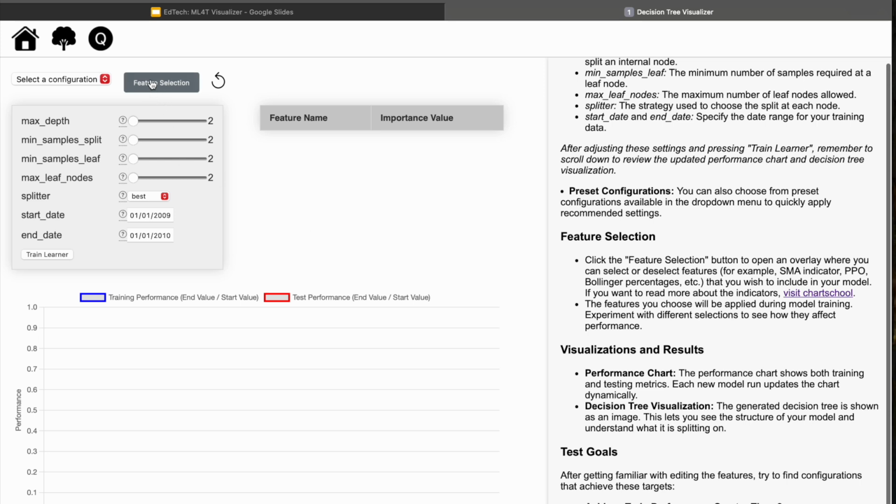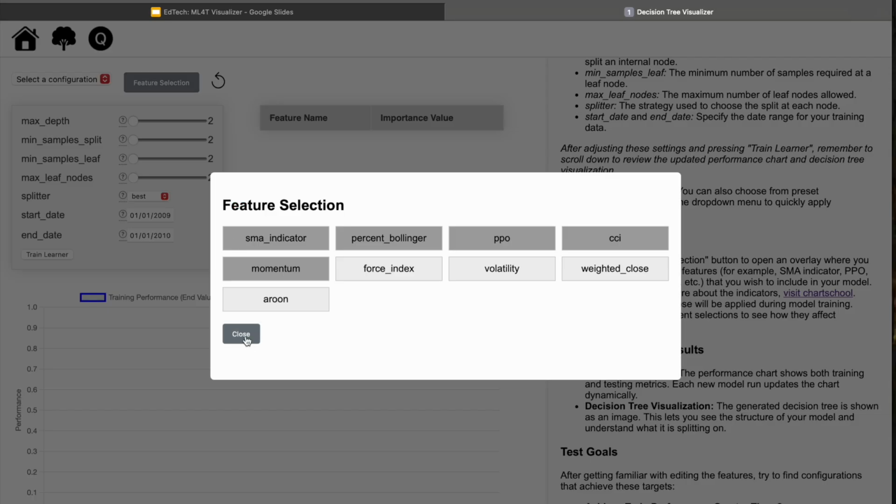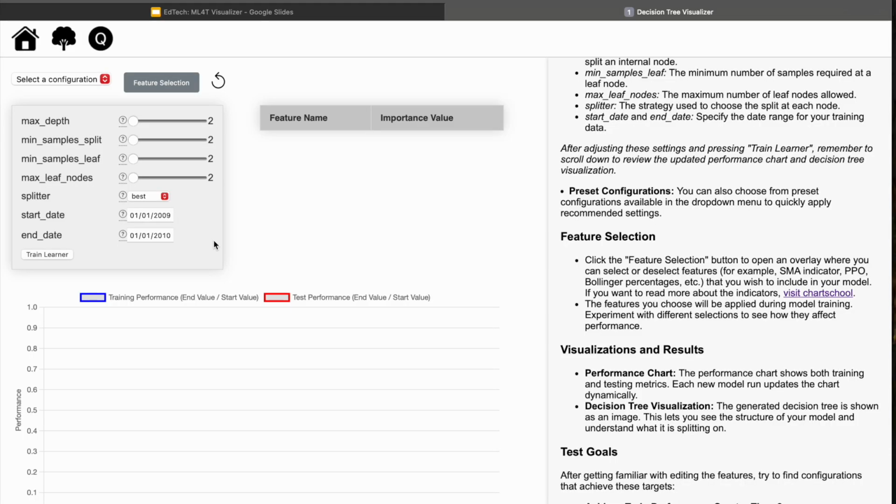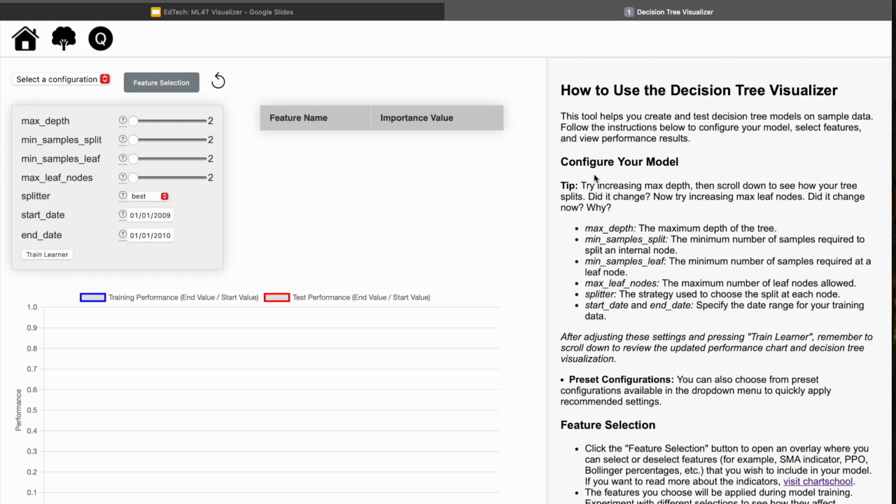So here we can select our hyperparameters with some tooltips to explain exactly what they are. And they're given valid input ranges, right? And they can, behind a hidden menu, choose their features, which was put there just to reduce clutter, to not have to fit all this on the screen. And if the person coming to this website actually follows the tips and instructions here on the right-hand side, editing the max depth and then editing the max leaf nodes,